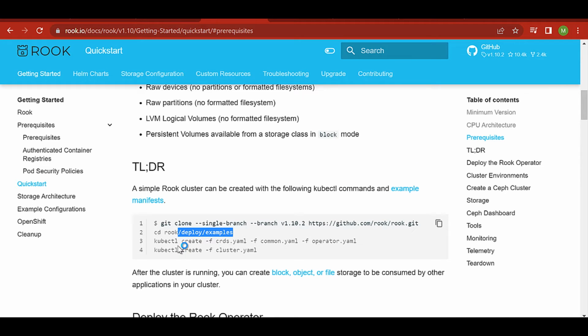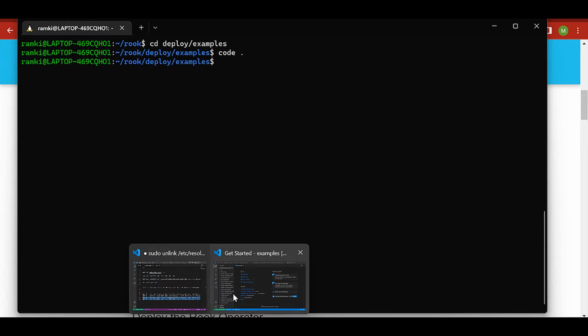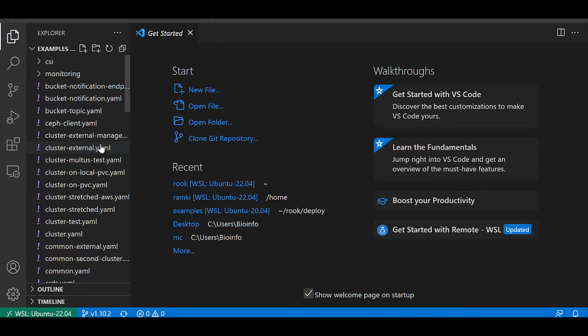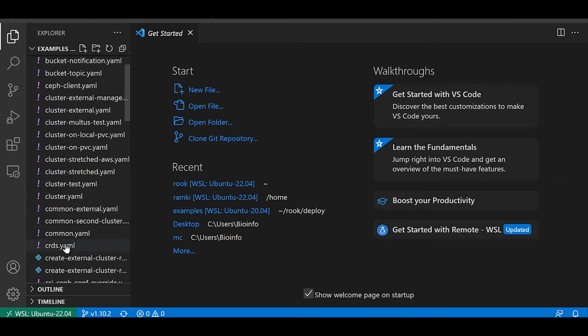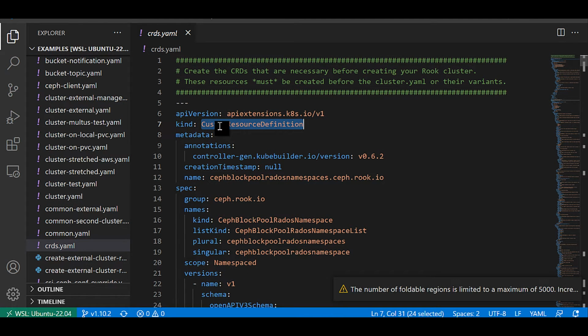So here the third step is we need to install the crd, common and operator files. Before installing, we'll see what those files are. First is crd. CRD is a custom resource definition file. Once Rook Ceph clusters are installed, multiple custom resources are created, like CephFS or block storage.